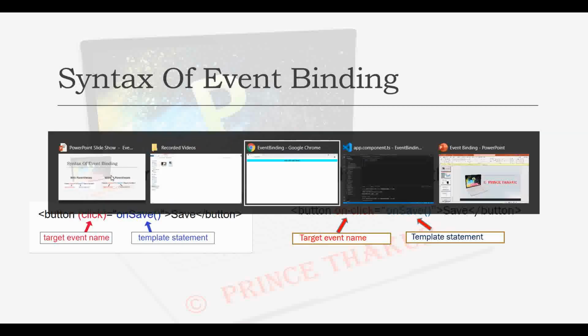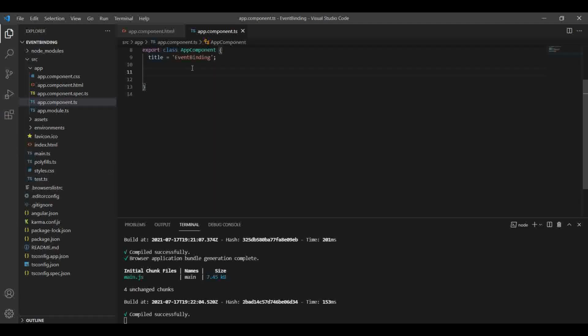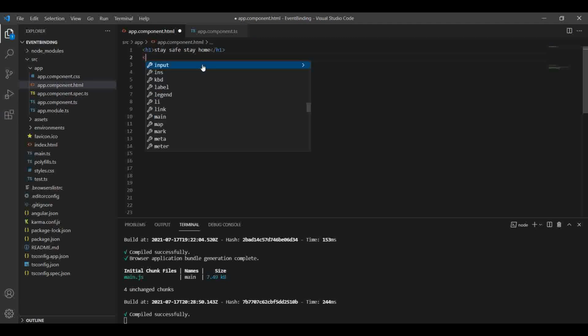For that I will open my Visual Studio Code and here I will create a function like getName, and here I will alert a name called Prince, and in my HTML file I will create a button to call the method.